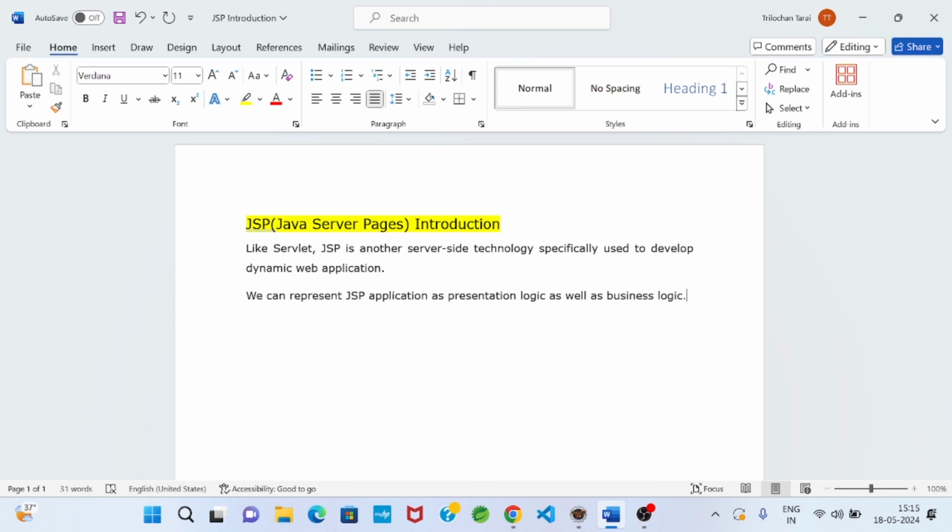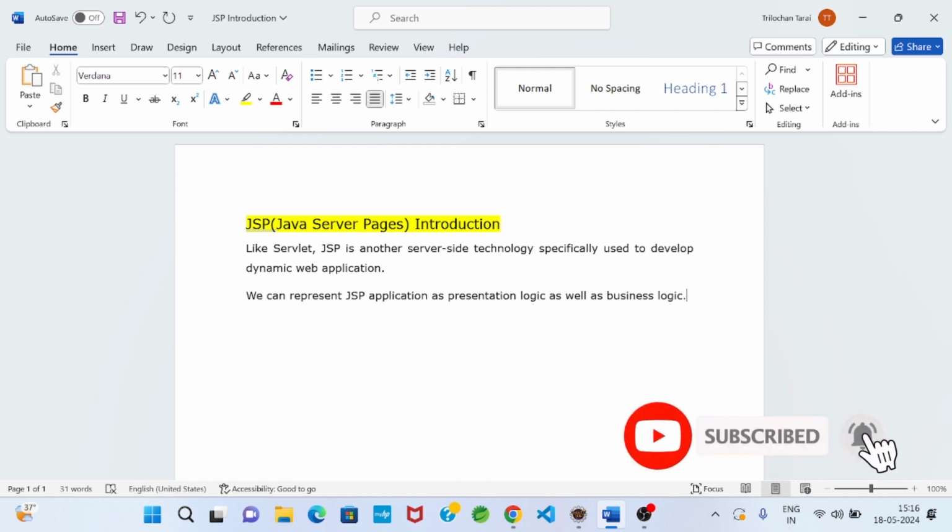So development is very easy, and in comparison with servlet, JSP has some additional functionalities. We will check what additional functionalities we get in JSP for dynamic web application development.